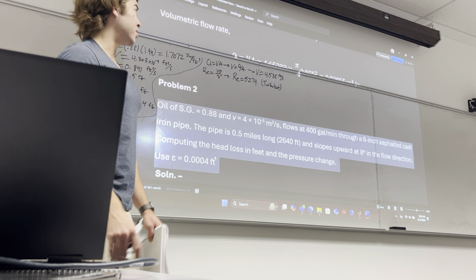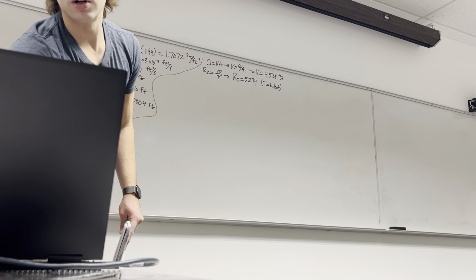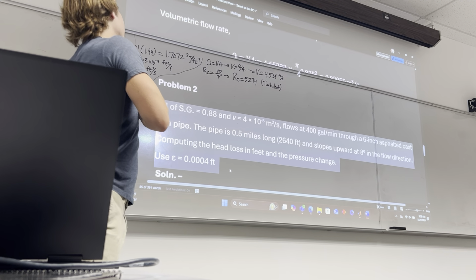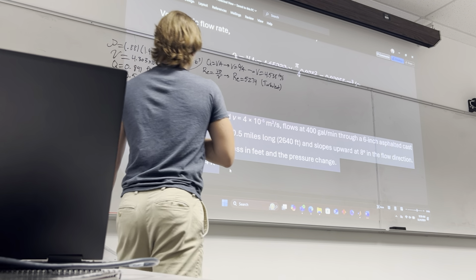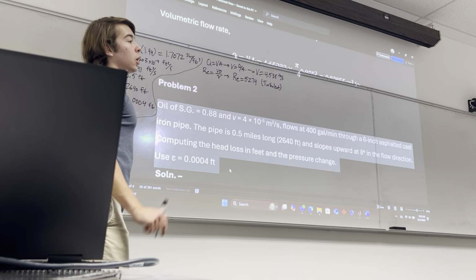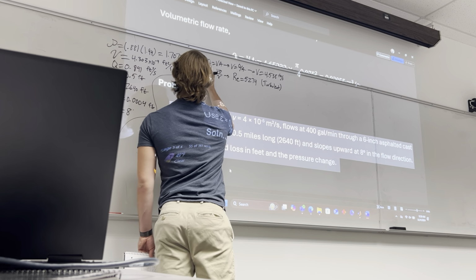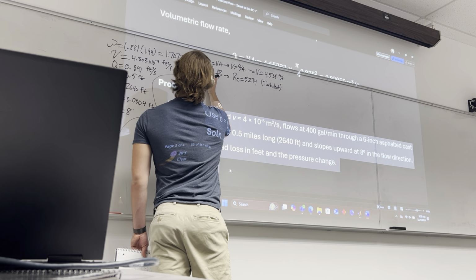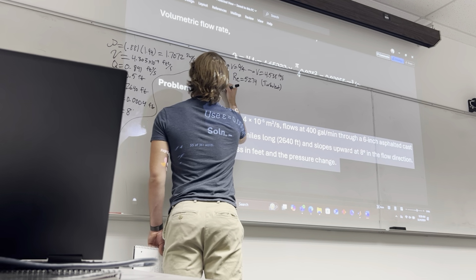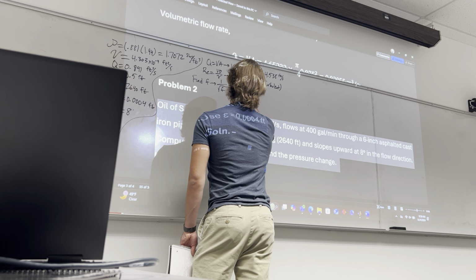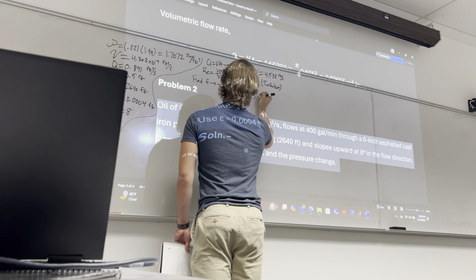Anyway, it's turbulent. So now, straight up, we want to calculate the head loss in feet. We want to find our f value to get our f L over D and all that stuff. So let's go find f. All right, 1 over root f equals negative 2 log, plus